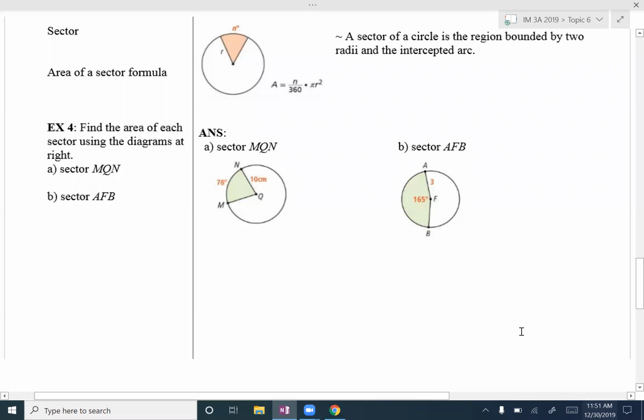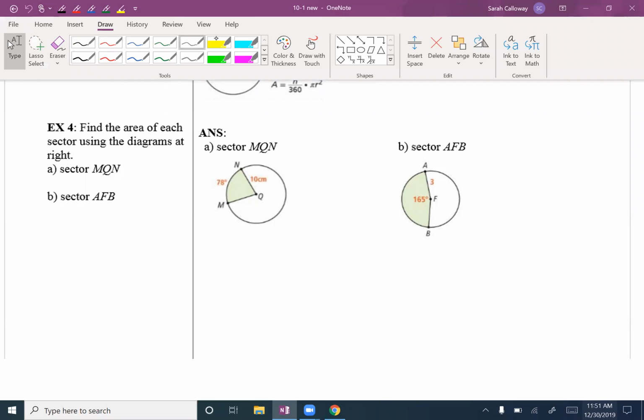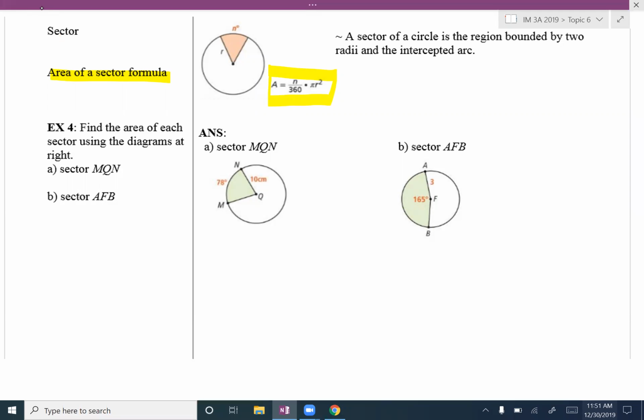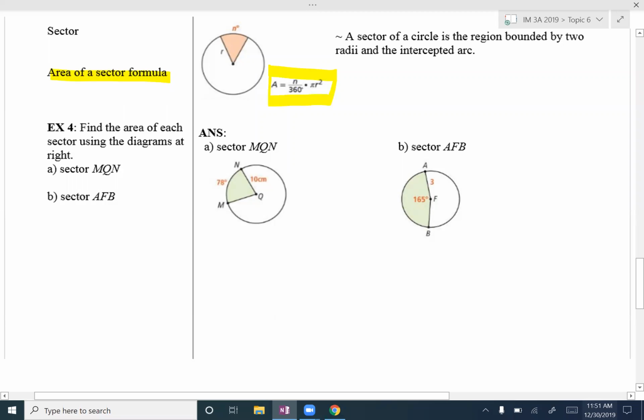Okay, in this video, we're going to look at the area of a sector from section 10.1. We have a formula for area of a sector, which in this case has our angle in degrees. Remember that when we did the arc length of a piece of a circle, we had to have our angle in radians. So this one, n, is in degrees, which is important